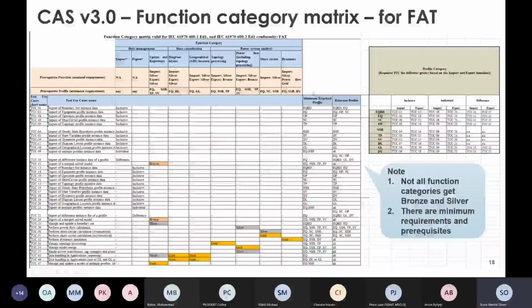We also have a minimum requirement profile and then the relevant profile, giving you as good a handle as possible, and also a matrix on the different use cases for the inclusive, individual, and difference. And here highlighting that not all functions have bronze. Some functions go straight to gold, and then only silver as the alternative and no bronze.